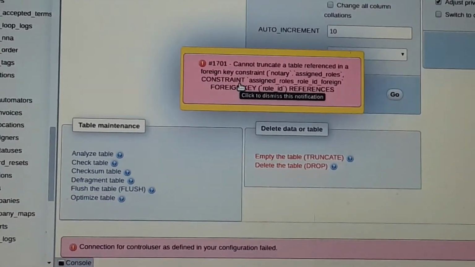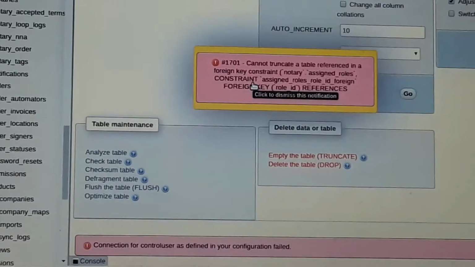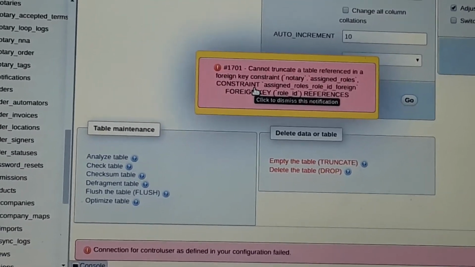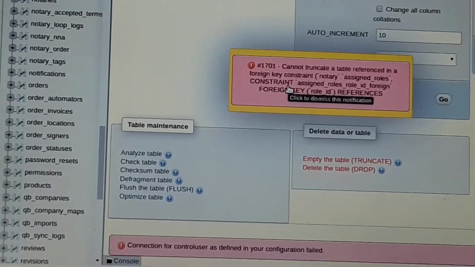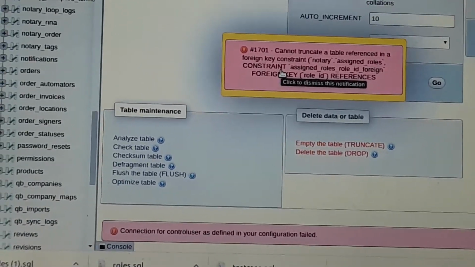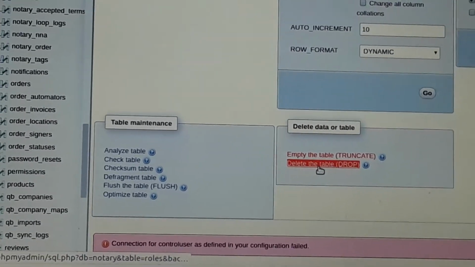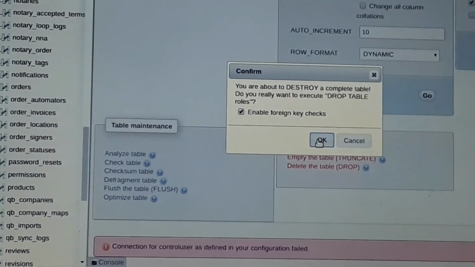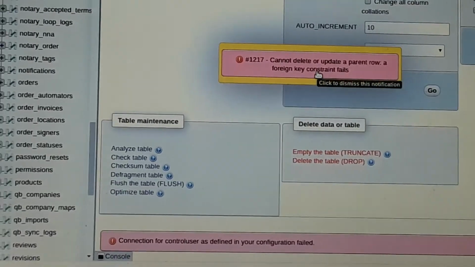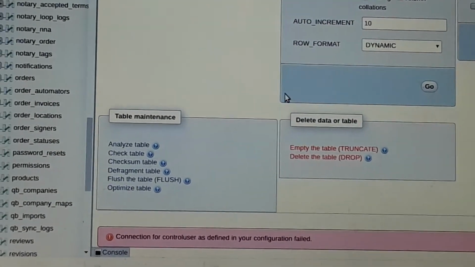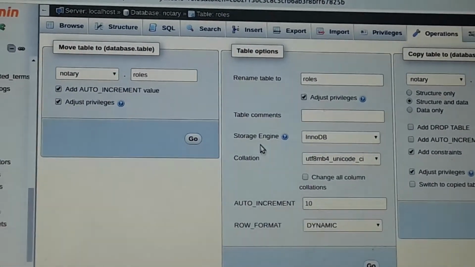So if this table is linked with some other table, that's the foreign key constraint, so it could not be deleted. It means it's linked up with parent and child, so it could not be deleted. Delete the table, drop the table. You can check this one. Here also the same problem. These are the purposes of these two.